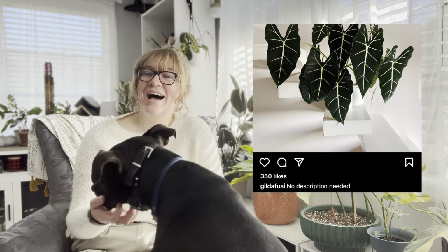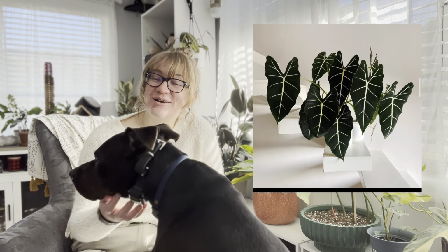Yes, thank you, Luna. I would also love a frydek. They are gorgeous. Anyways, the Alocasia frydek is also beautiful, and I really love the way they look. The leaves are just gorgeous. The contrast just gets me every time, you know? But the michelitziana, I think, would be a little bit more manageable for where I'm at in my plant journey